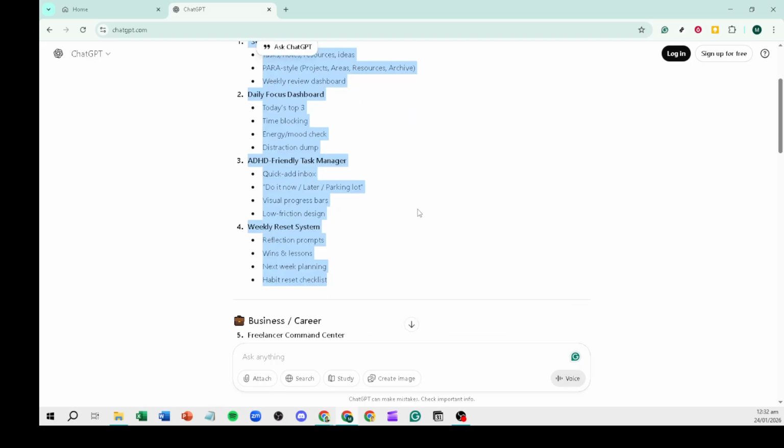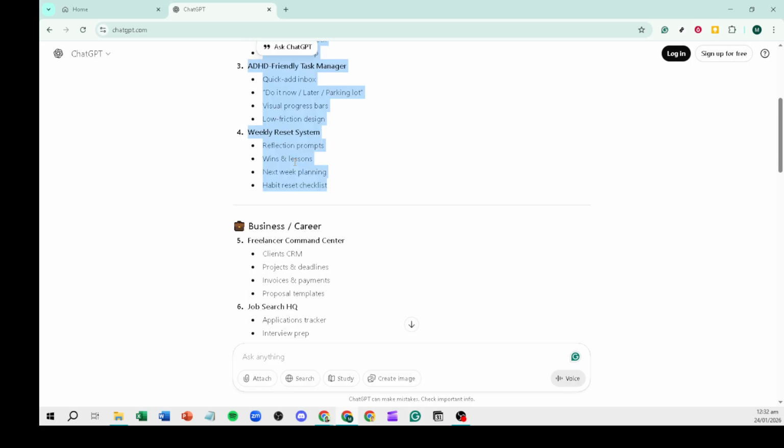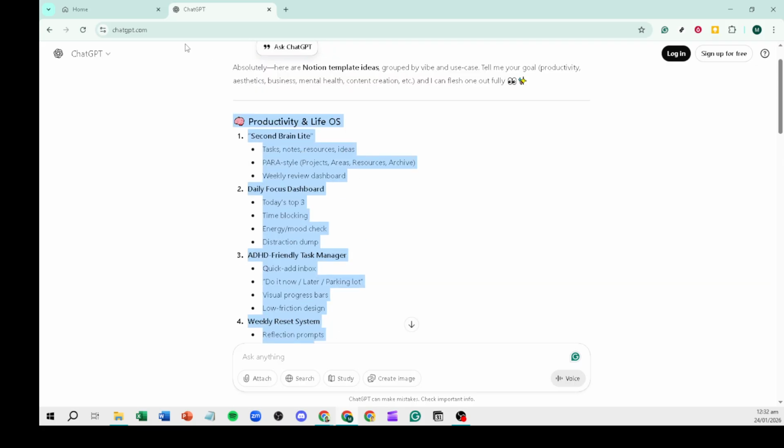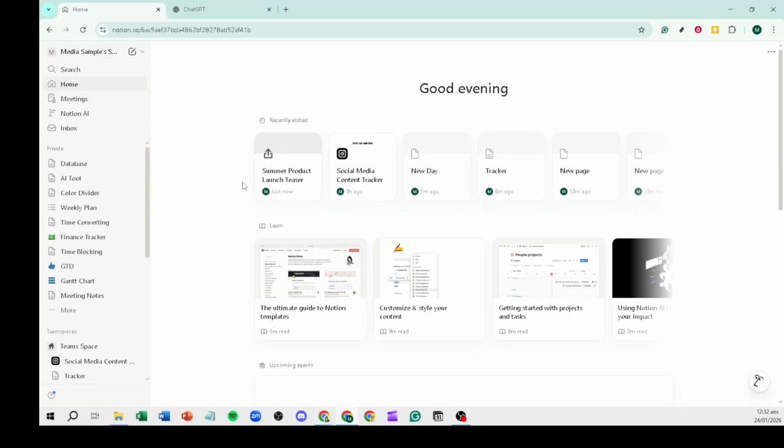If you're not sure where to start, simply ask for template ideas. Request variations by role, industry, or use case. Have ChatGPT compare options and recommend a direction, then ask it to combine the best parts into a single outline you can build with. Once you have an idea or outline you like, open Notion and create a new page